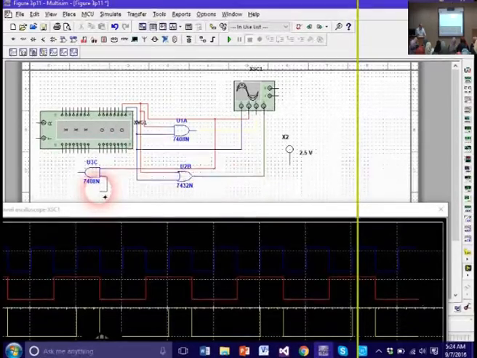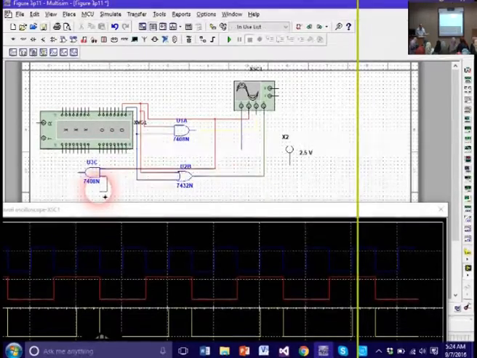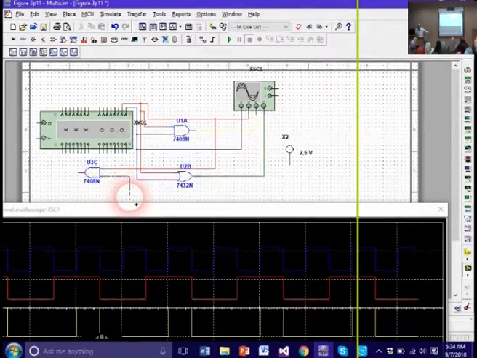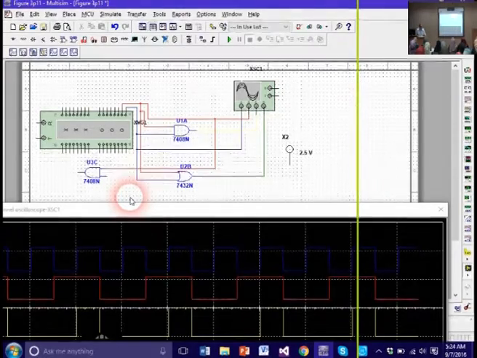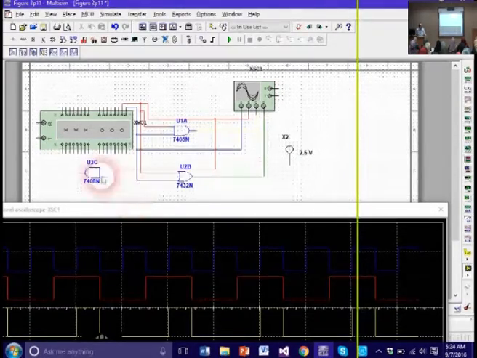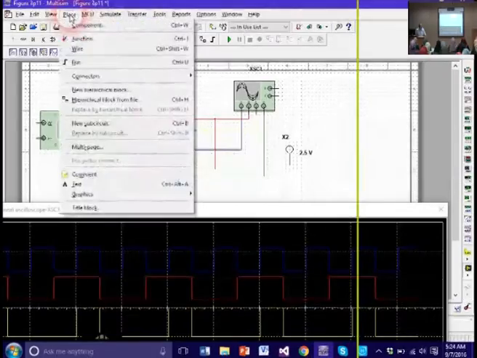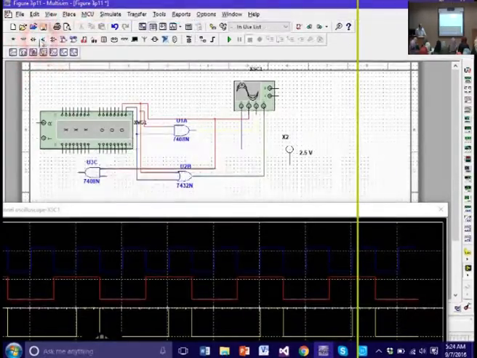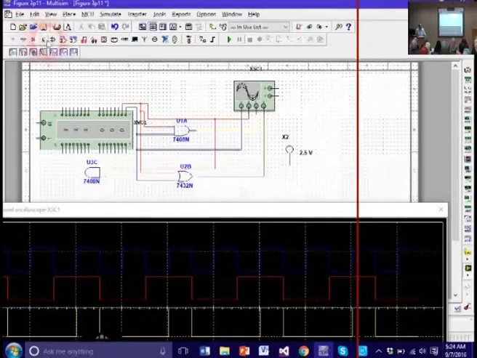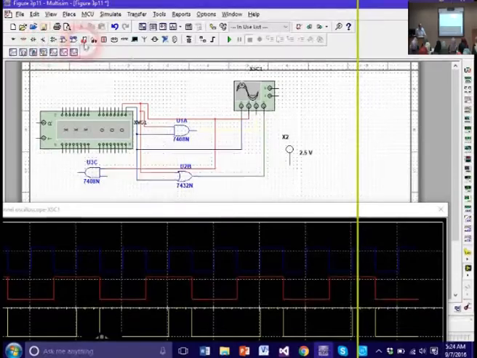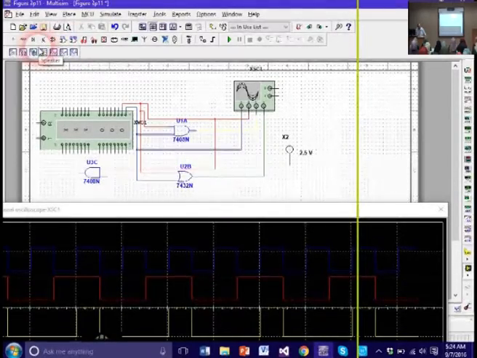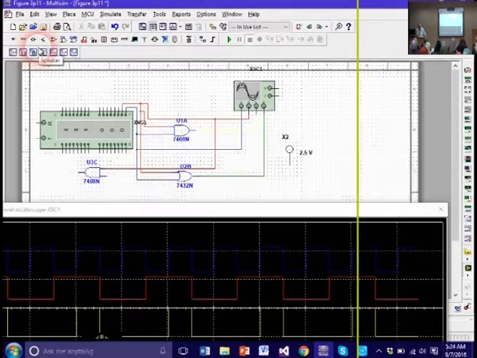What else? Again, all you need to know is how to get out of the wires: escape. Okay, escape. All you need to do here is basically place the components. Sometimes popular components are listed in the top menu, in the toolbar, so you can choose them from there, right? The best thing is to have it on your laptop if you want to really learn it, study it